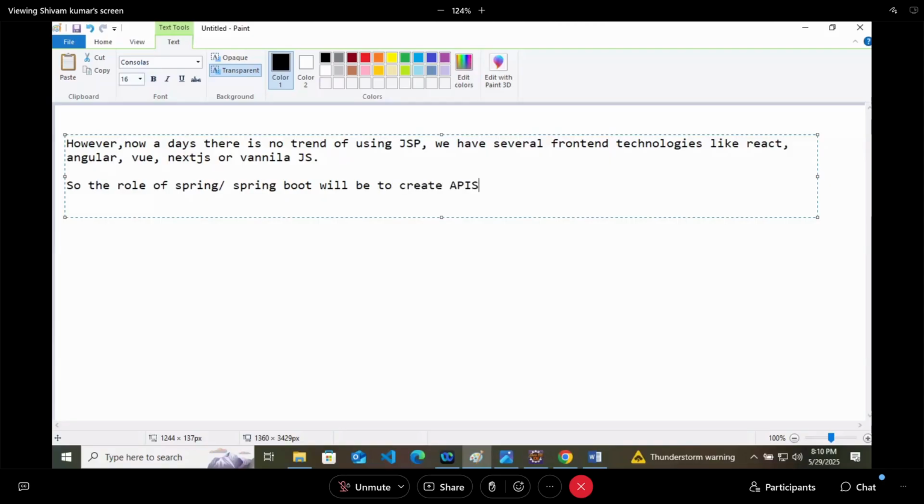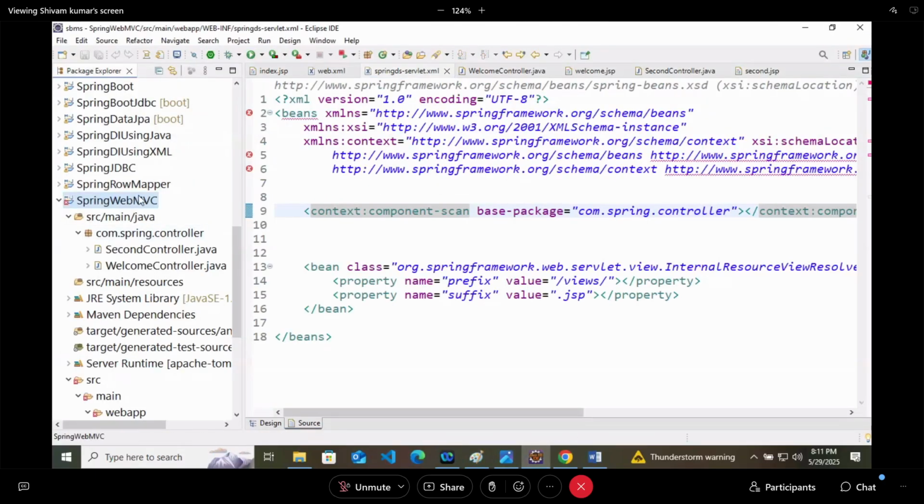So here we have seen Spring Web MVC. Now we are going to see Spring Boot Web MVC, that if we are using Spring Boot, how we will follow this MVC architecture.